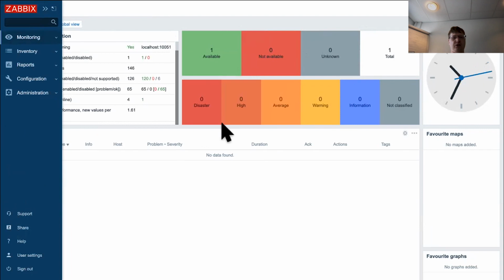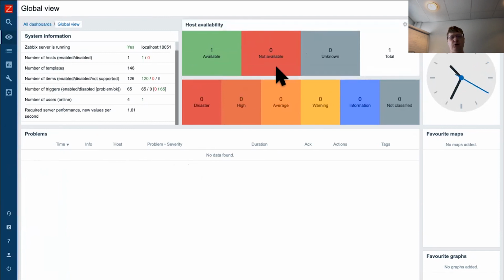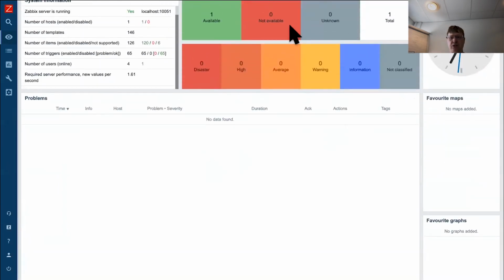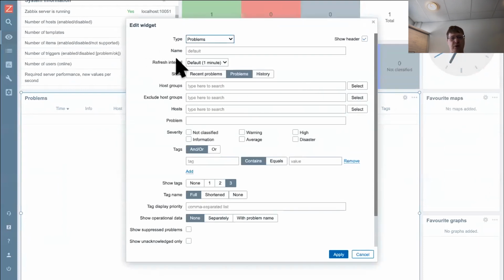You can see problems here, problems by severity here. We didn't have the opportunity to choose problems by severity in previous installations, and the system information is here. In this release, you can configure some of the widgets, especially the problems window. For example, the main feature which I really like is